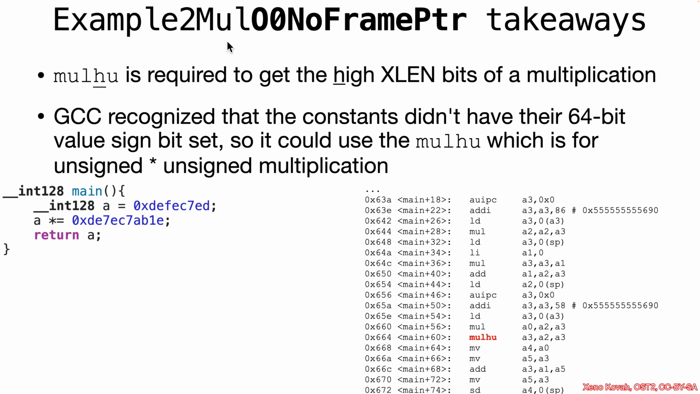So the takeaway from example 2 mul is that we had the mulhu being required to get the high XLEN bits of a multiplication, unlike the mul we saw before, which keeps only the low XLEN bits. And it seems that GCC recognized that these constants are never going to be treated as signed 64-bit values because they don't have their upper sign bit set. And then it chose to use the mulhu for unsigned times unsigned multiplication as part of the larger 128-bit multiplication